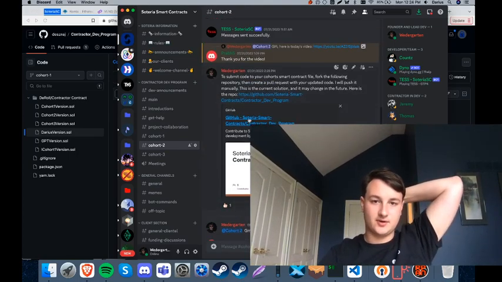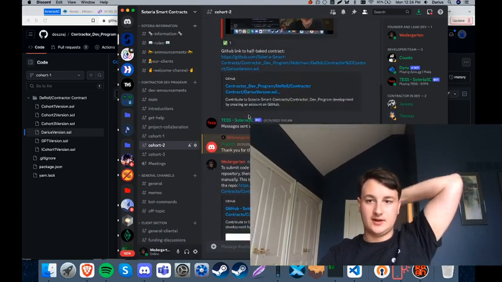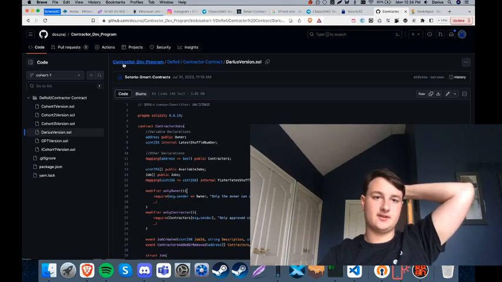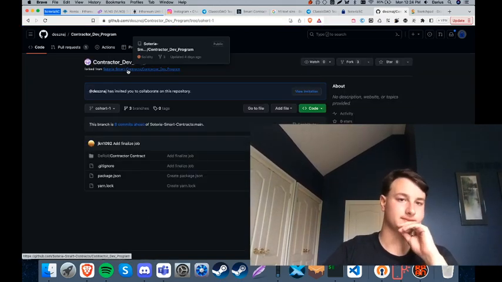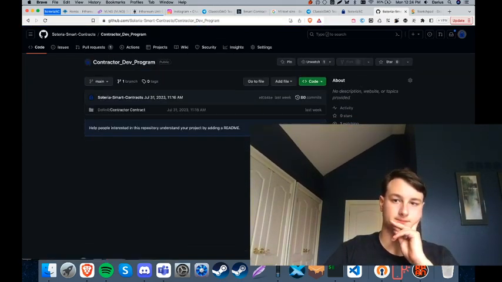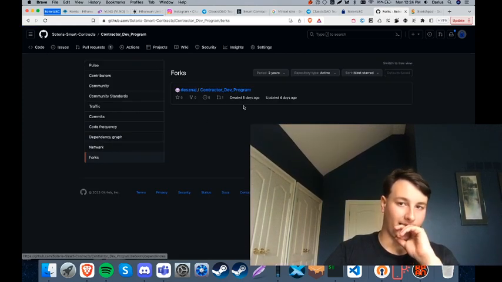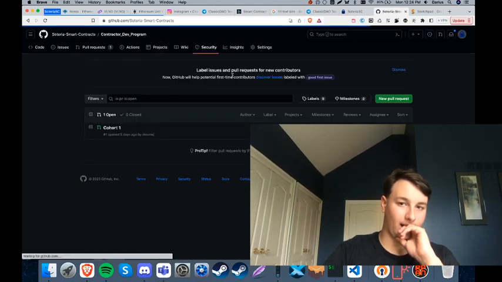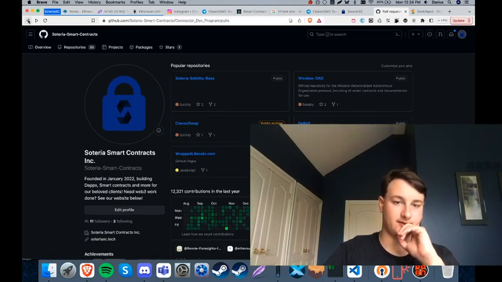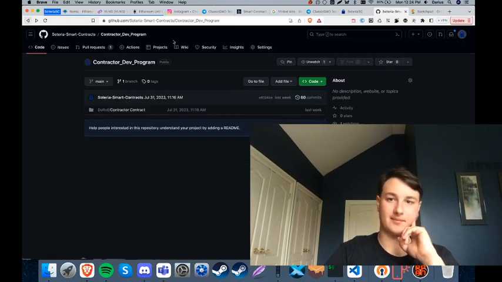Next thing, cohort 2. Let's see what their progress is. I don't know if they made a fork. Let's see if they made a fork. Yeah, there's a fork. It says there's 3 forks, but there's only one. How is that possible?